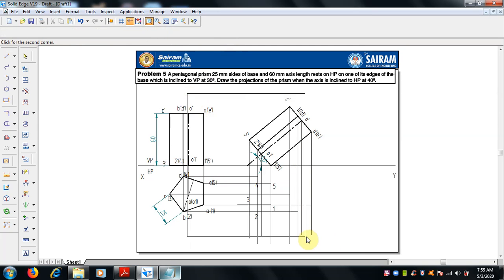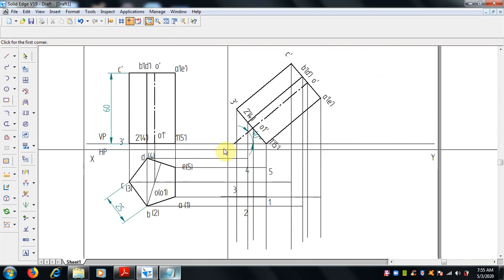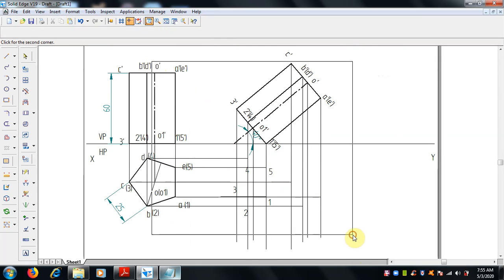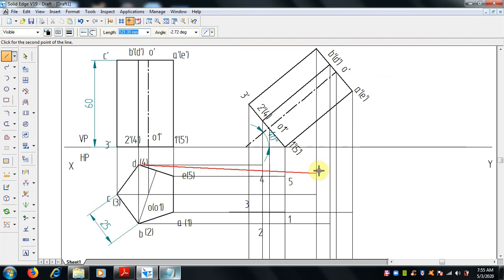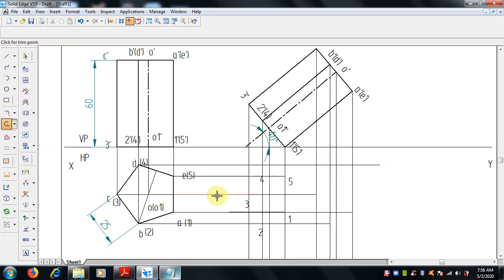Let me zoom. Don't make any mistakes while selecting the intersection line, and if it does not come, you can make it straight, then trim it off. So no need to worry.